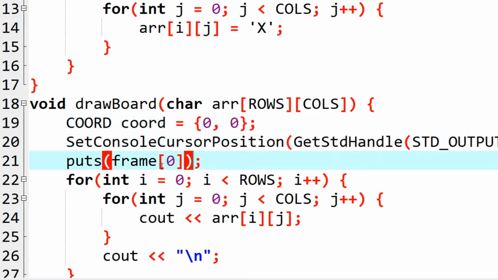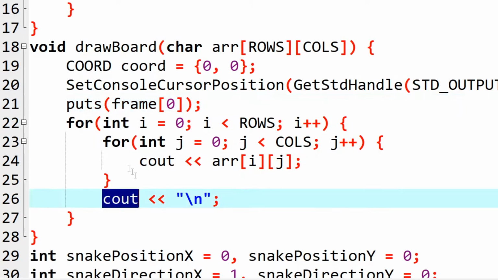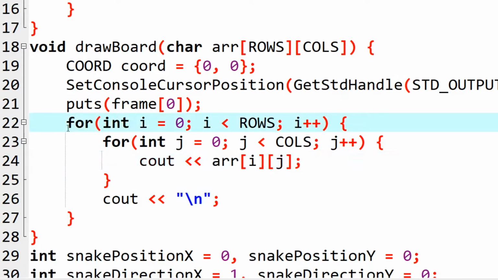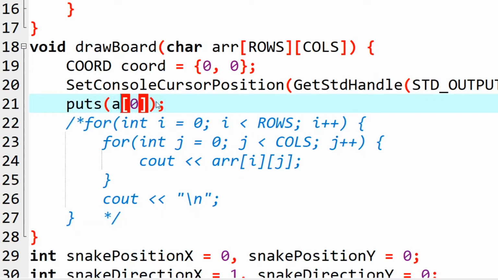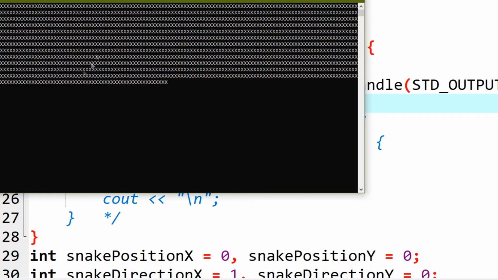And then instead of using all of this loop, we are going to put our thing directly on the screen, right? Instead of doing all of that, we are going to display our array directly on the screen. So let us comment this code and change this to ARR. Okay, it is working and it is fast, but as you can see, it is not actually a game board